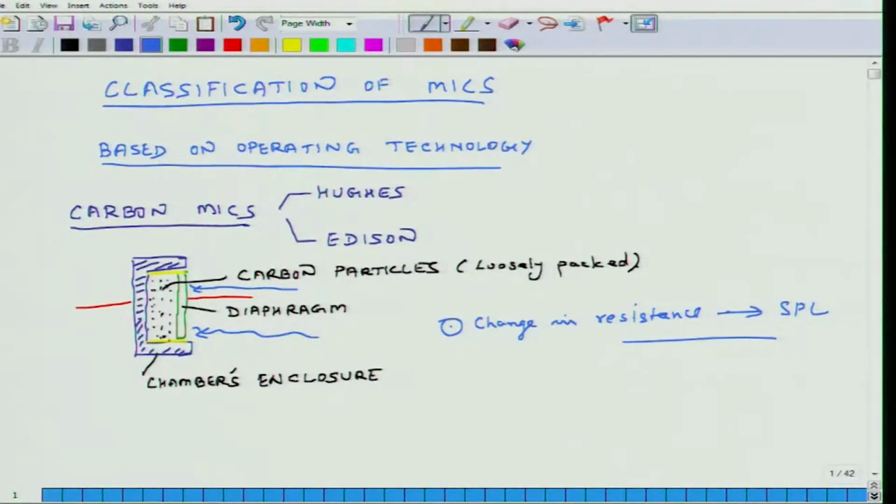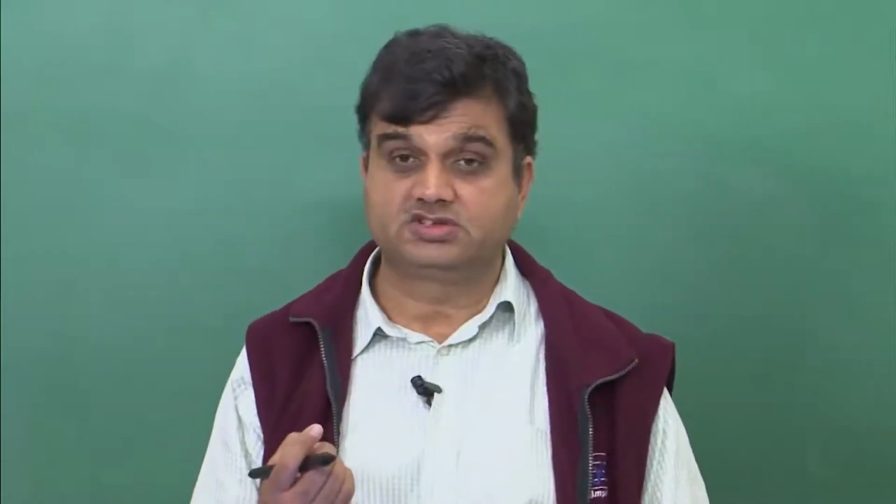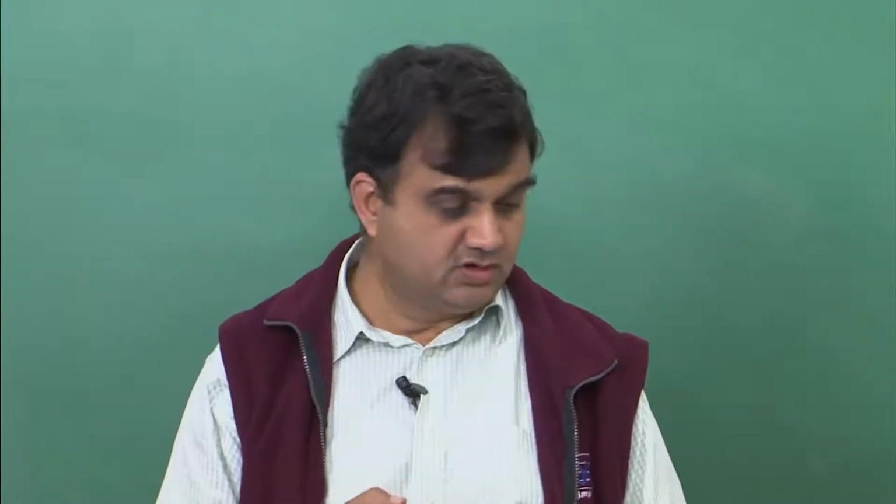So that's why these were known as carbon microphones, and they were based on the resistive principle. They were like resistance mics. The fundamental property which was varying here was the resistance of the system. So that's why some of these microphones, sometimes people also call them resistance microphones, and they were very widely